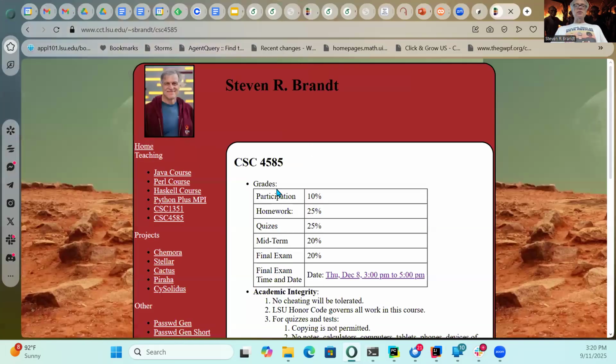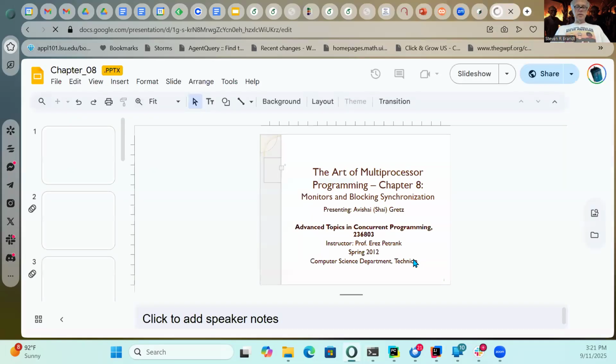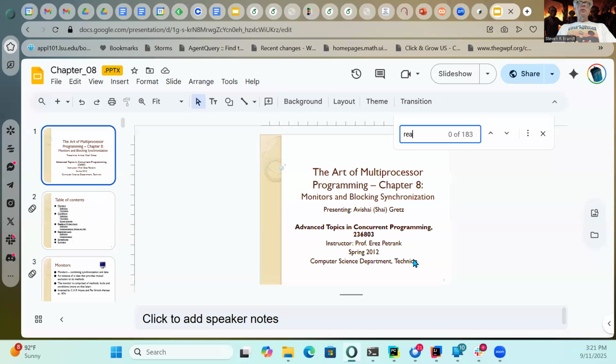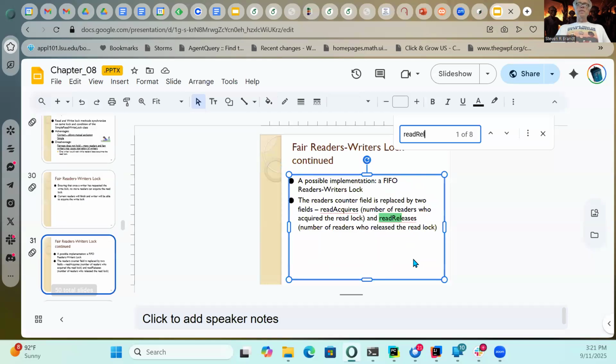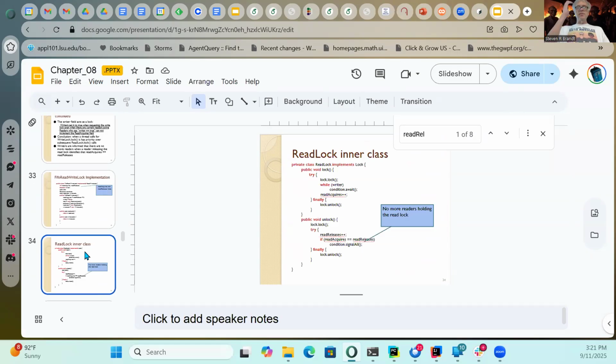Okay, so let's go down to 8. This is the section where we do it. We have the read acquires and the read releases.